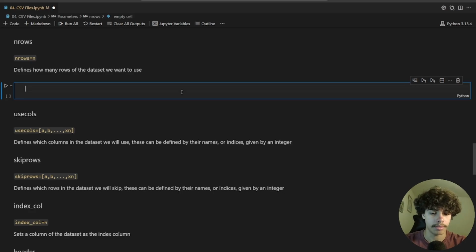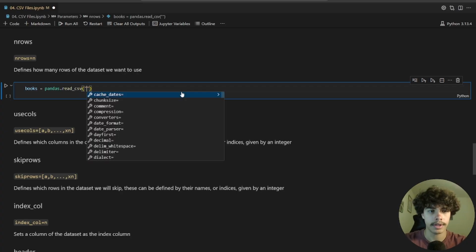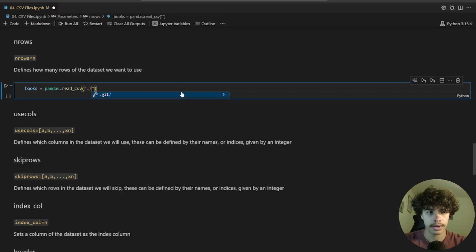We'll call it books. It's going to be equal to pandas.read_csv. Then we're going to put in file location, ./ so current directory. Then we want datasets/, and we want goodreads